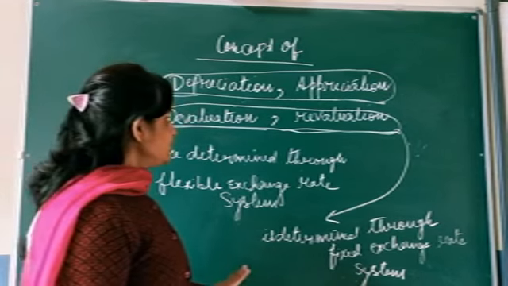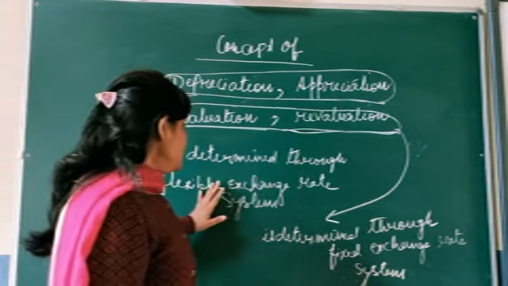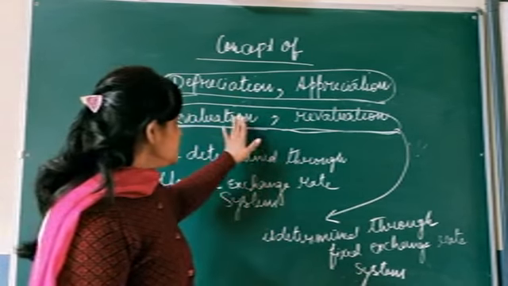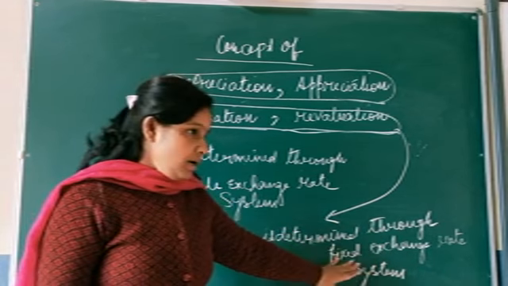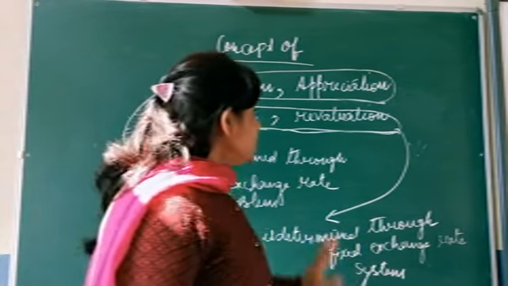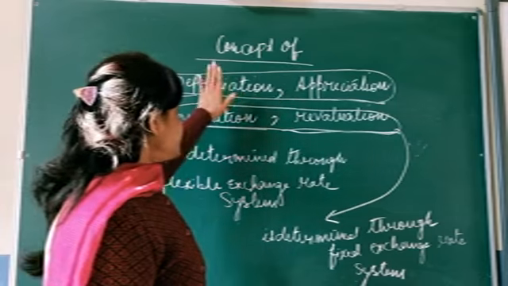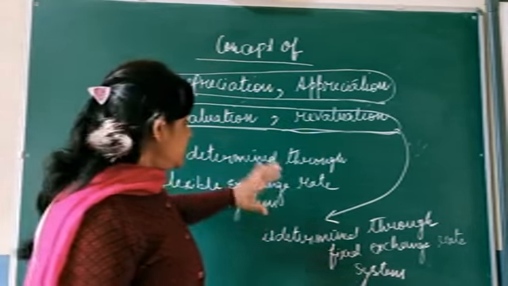Is it clear? So this thing you need to understand. Depreciation and appreciation is determined through flexible exchange rate system. Devaluation and revaluation is determined through fixed exchange rate system. Is it clear? Now, first write down the heading concept of depreciation, appreciation, devaluation, revaluation, and then you write this